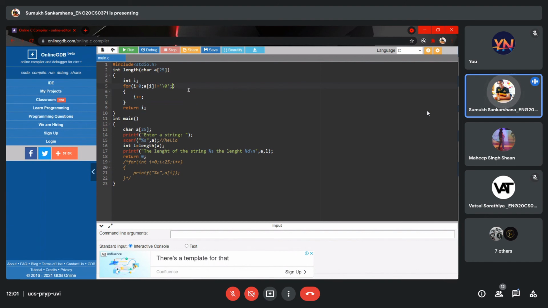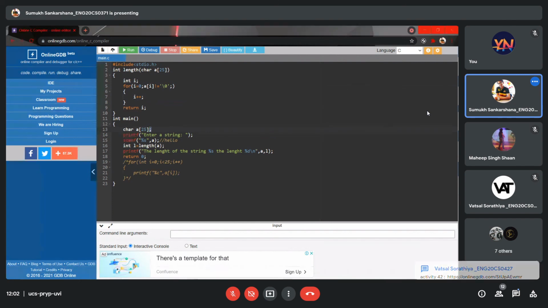So what this will do is run the loop till it reaches the null character, and it will increase the I value, right? So in other statements, why do we use a semicolon, Siddharth? Why do we use a semicolon in any other statement in C?